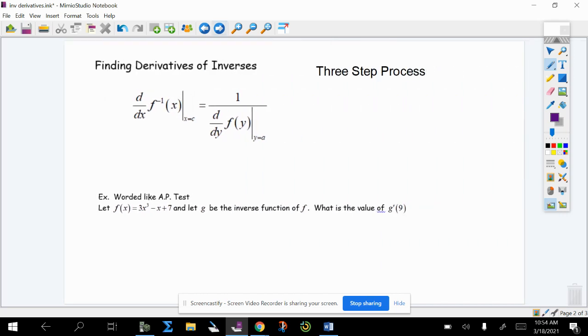So here's what it is. And you're going to look at this, I'm sure, and be like, what in the world is going on here? So I found that it's been easiest to explain it to students as a 3-step process. So if you're asked about a function and then asked about the inverse of that function, I'm going to take this really messy looking formula and break it down into 3 steps. Step 1,